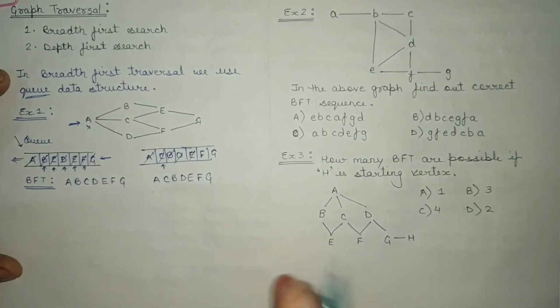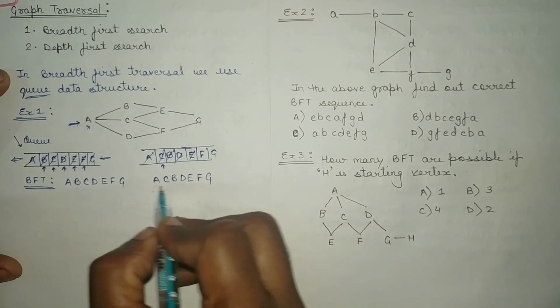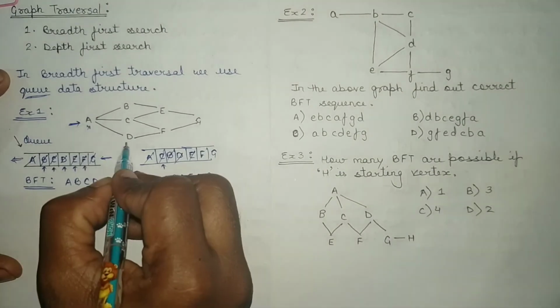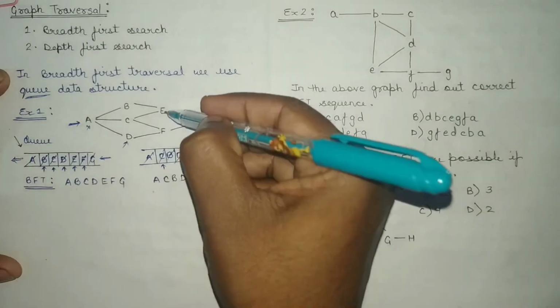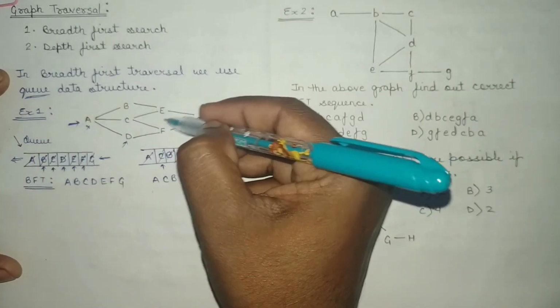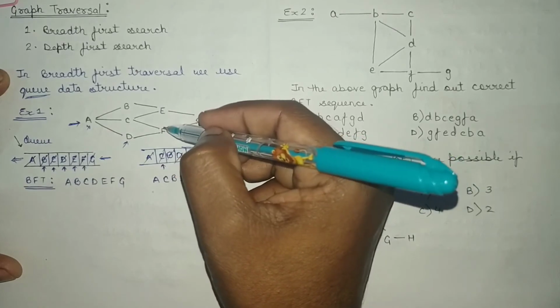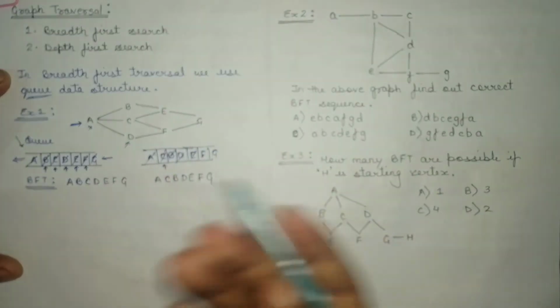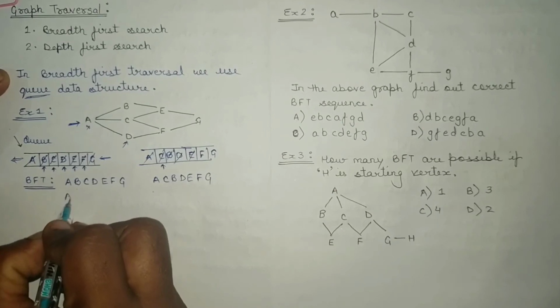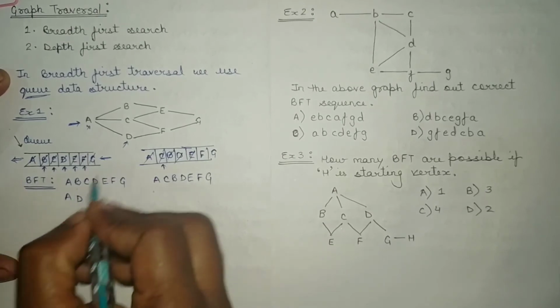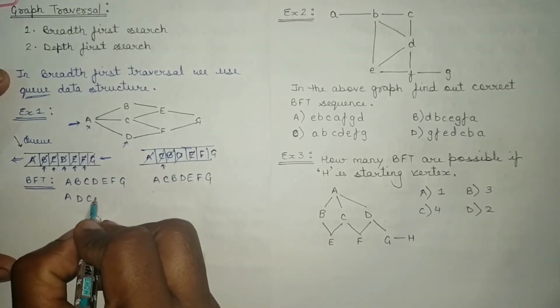So in the same manner, you can see that once I am taking D, B, then I am taking C, you can also take D. After that, there are also two possibilities that you can take E, and in the another possibility you can take F first. So there are several possibilities available. Let me write over here. One can be A, then D, then C, then B.